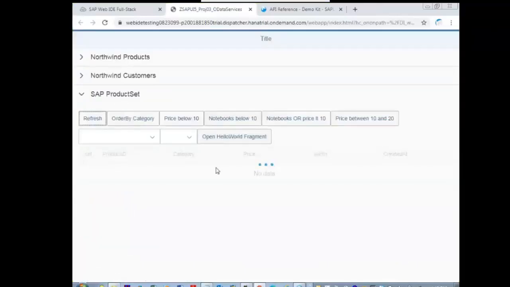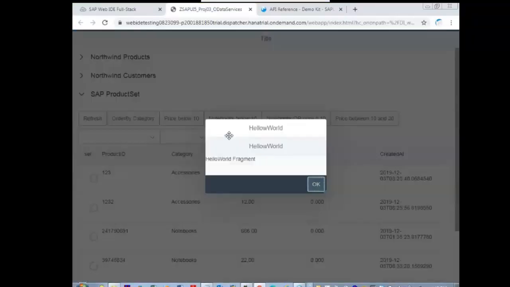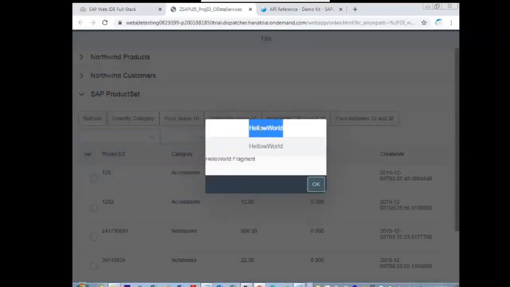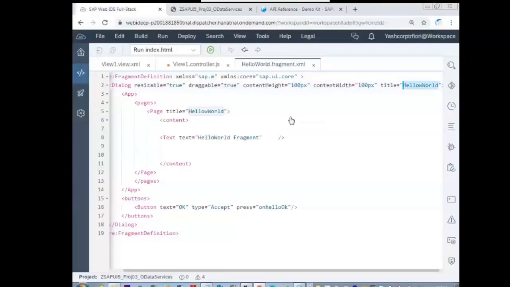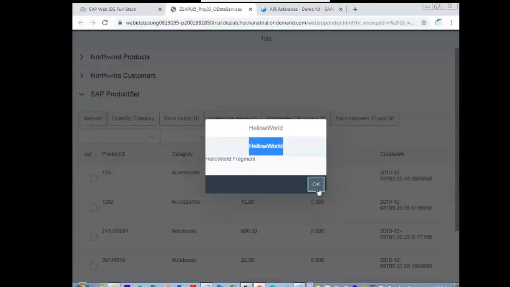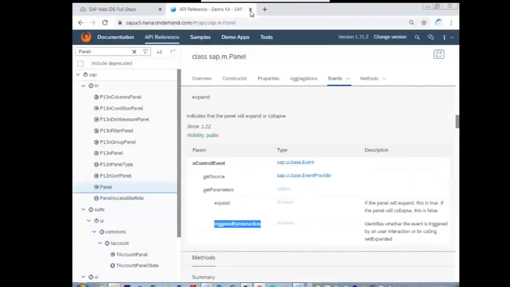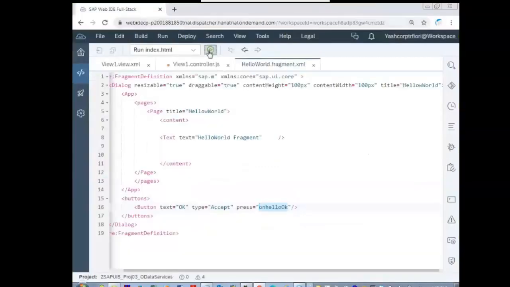So these are all not available with the standard dialog box, message box. Content height, content width, they are self-explanatory. Title, there are two titles you can see. The top for the fragment, for the page title. Now when I click this OK button, on hello OK will come into picture. Clear? Fine.